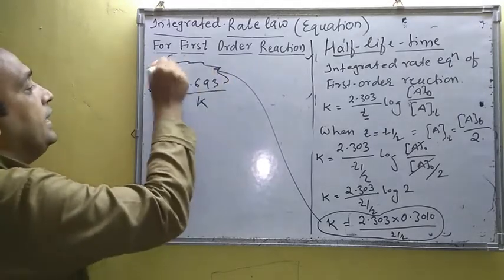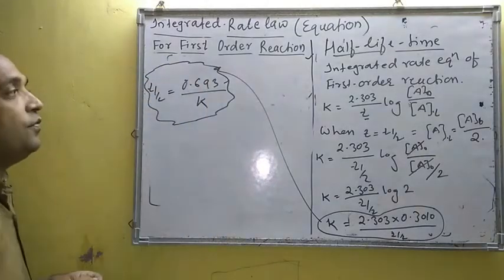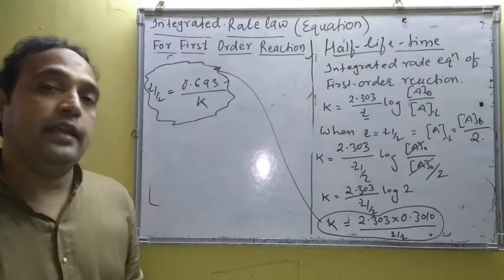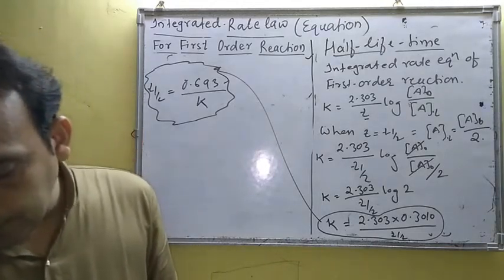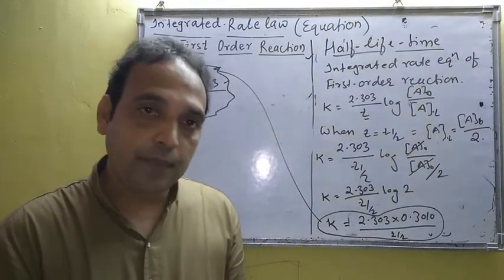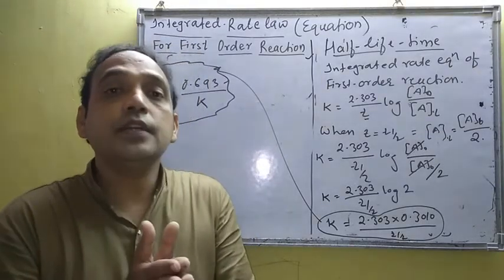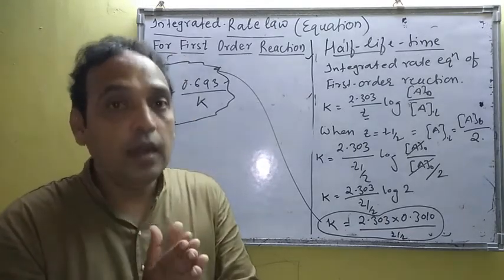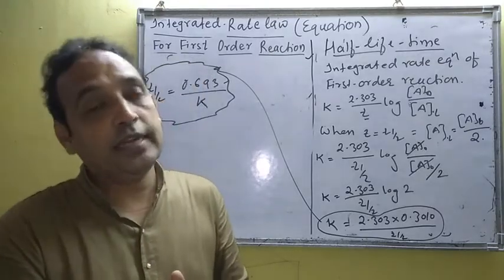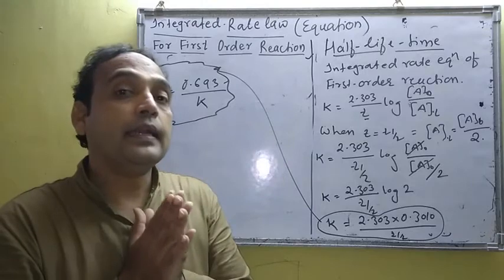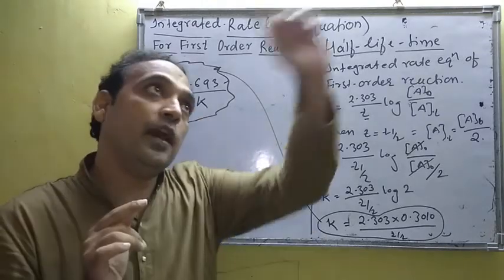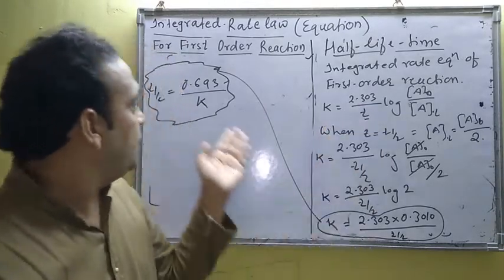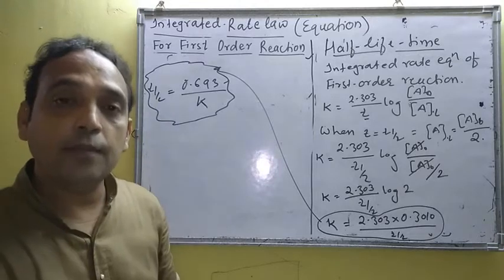Now this is the integrated half-life period for first order reaction, that is T half is equal to 0.693 upon K. So what is half-life period? How to define the half-life period? The half-life of a reaction is the time required for reactant concentration to fall to half of the initial concentration. That is called the half-life period. Now reactant concentration half means AT becomes half of the initial, AT becomes A0 by 2. Substitute all conditions and you will get here T half is 0.693 upon K.